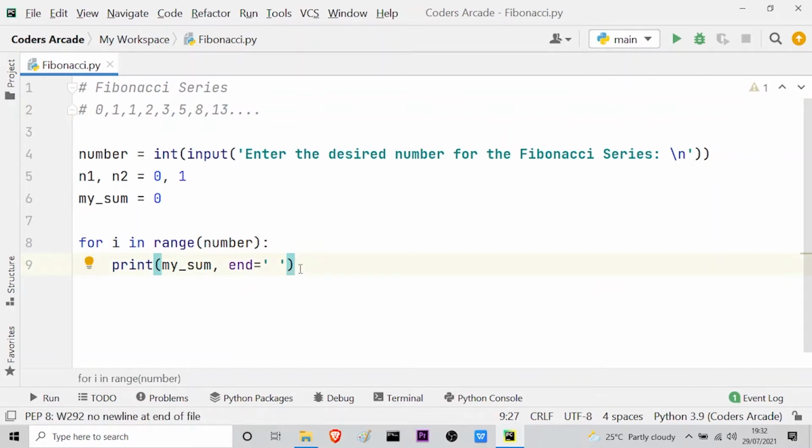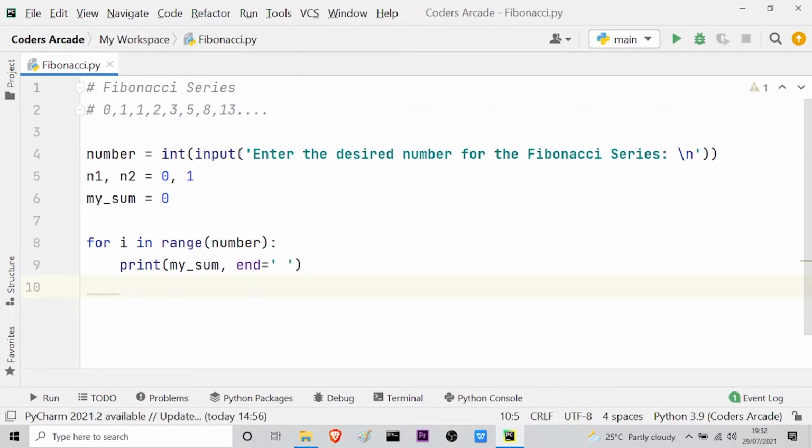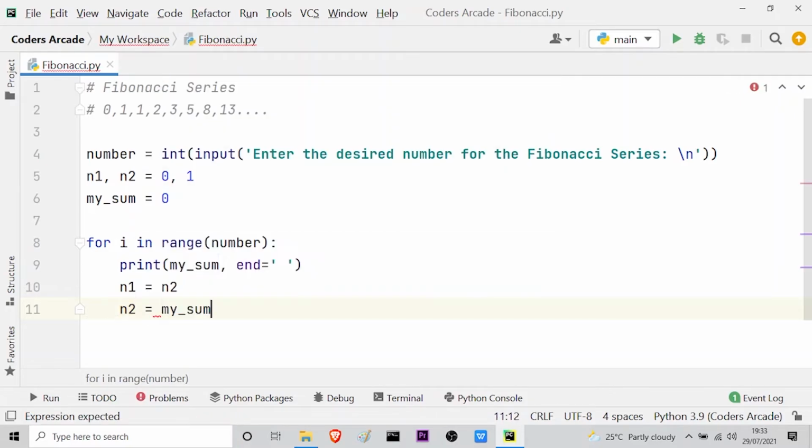So after this, to print the next numbers, I need to store the value of n2 into n1. So n1 is equal to n2, and n2 is equal to my sum.